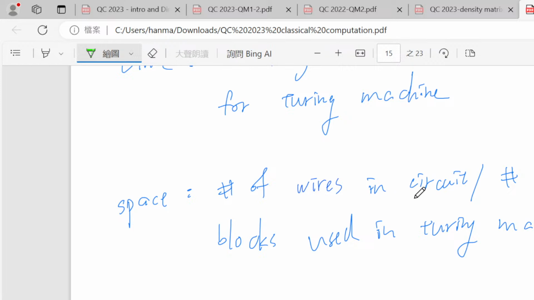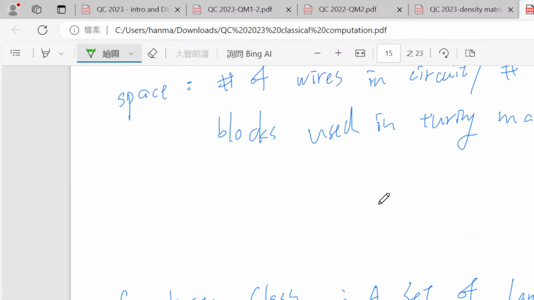And I guess in classical it's a bit funny, but basically it means how much branching you need to do to solve the problem. And in a Turing machine it means how many tape blocks are actually used to solve the problem. Okay, so there is time and space,